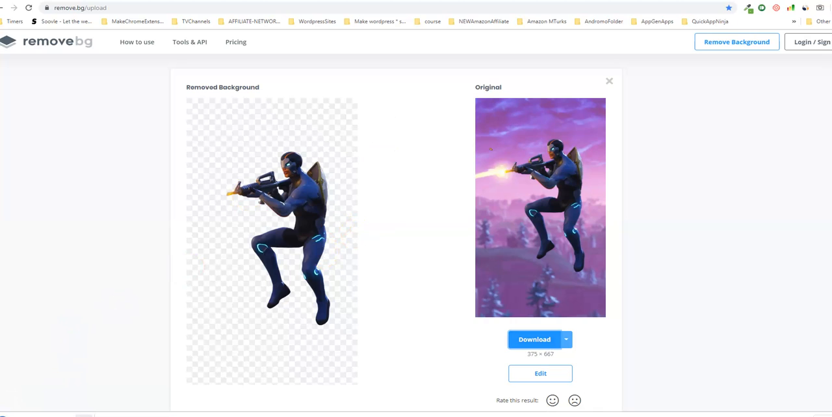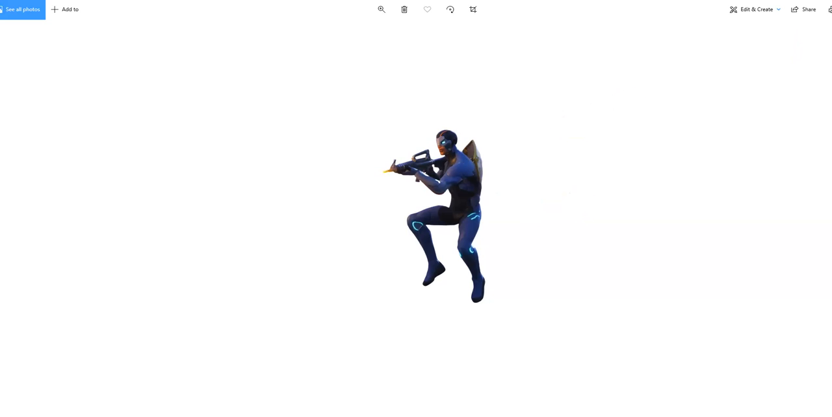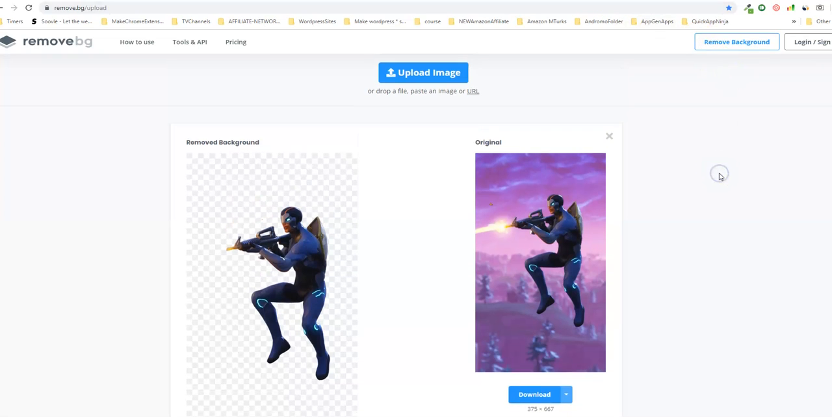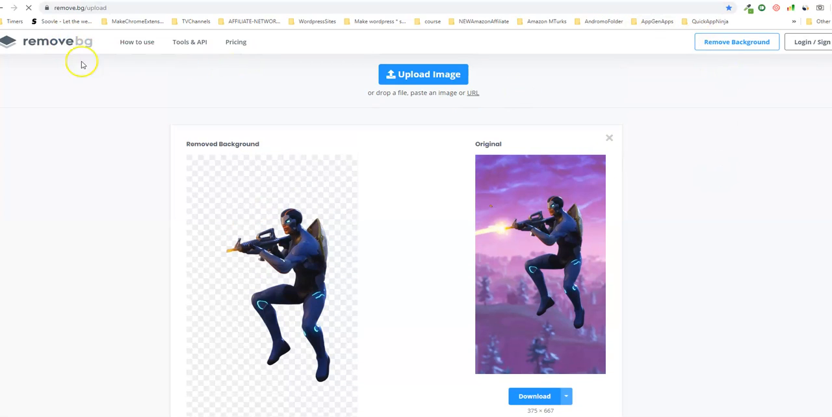And I'm going to show it to you. It's going to open up. And there it is. Background is removed. So this is the original image, and this is the background removed. Now, you can also install this on your computer by going to, let's see,